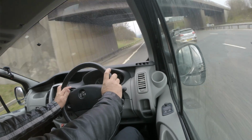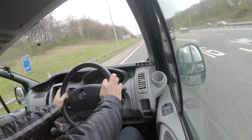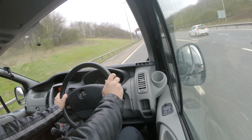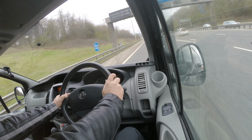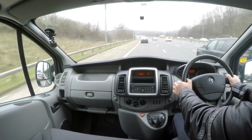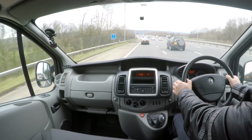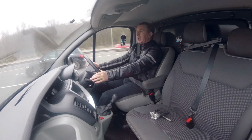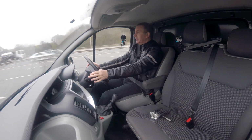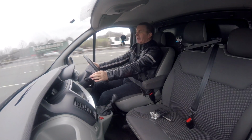Instrument cluster here. You've got a rev counter on the left hand side, your speedo on the right, a digital display for mileometer and also your fuel gauge. It's a trip computer as well, showing fuel used, average miles per gallon. It's showing 35, which again is good for a van. Range of 154 miles,